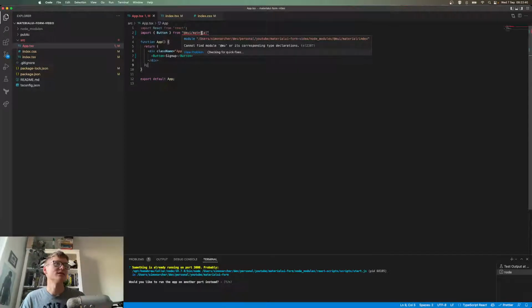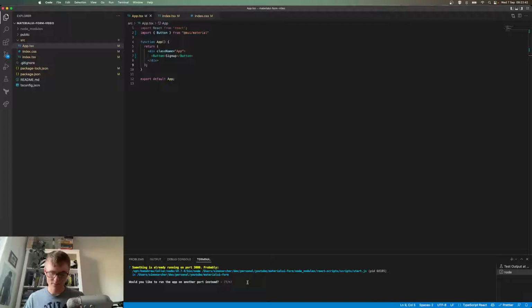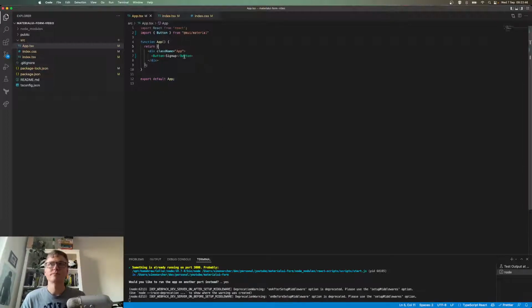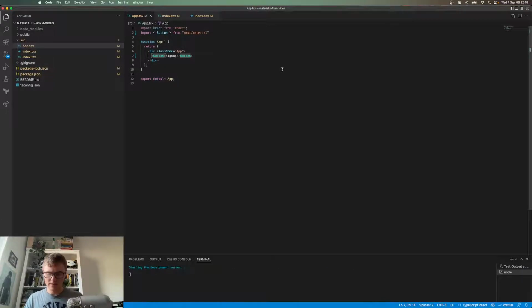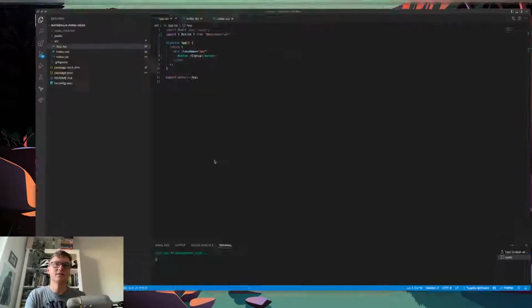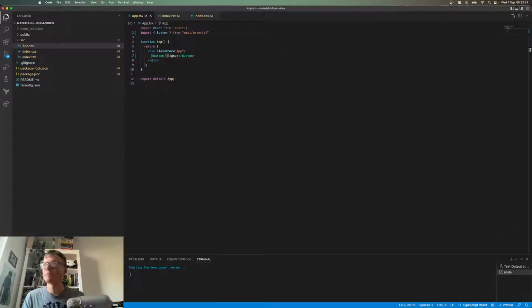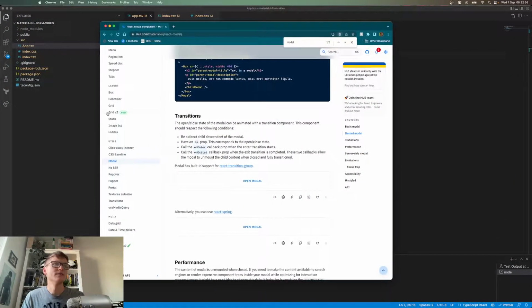And I think it's just taking a wee second to load. Oops, I need to run this on a different port. Okay, there's a few things we can pass to this, and you can see all of this in the Material UI docs. Where did I put them? So if we go to button,